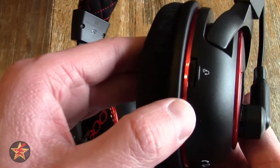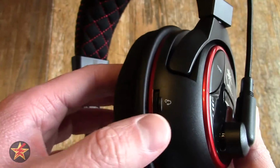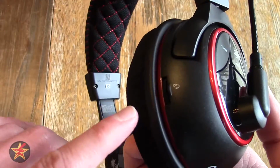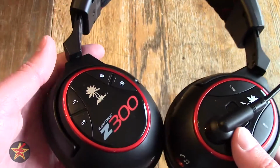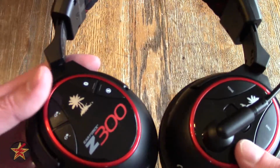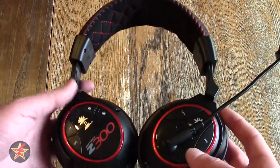Coming up to the front, you have the mic monitoring, so volume up and volume down. What this allows you to do is, if you're utilizing the microphone, you will be able to hear yourself in the headset in real time, so that you will know that you're not shouting, because even though they're not noise canceling headphones, they do muffle the sound quite a bit, which is good because you don't want to hear what's going on around your